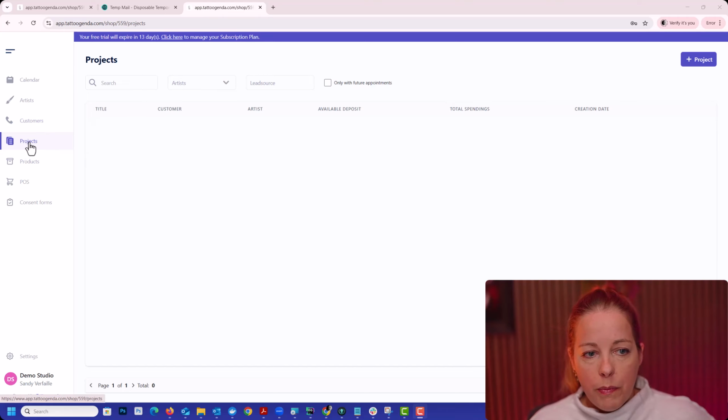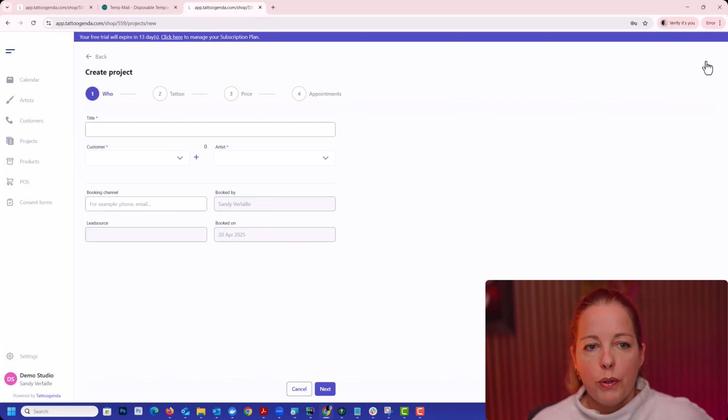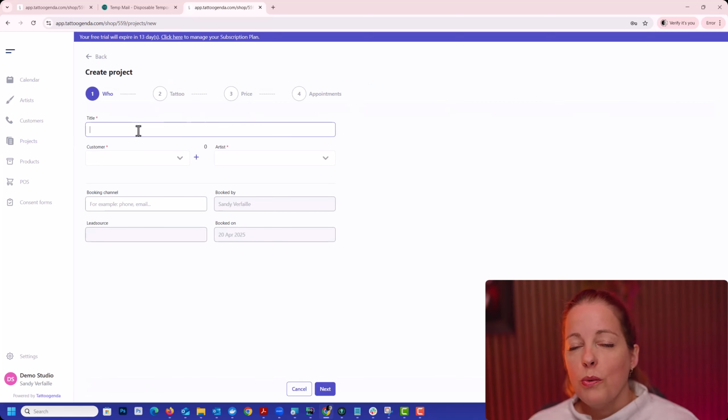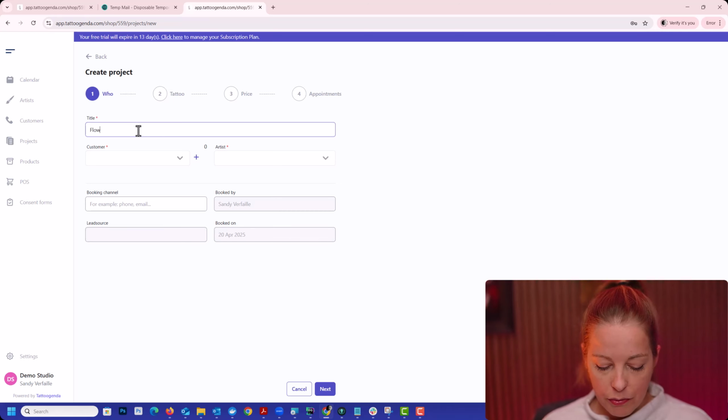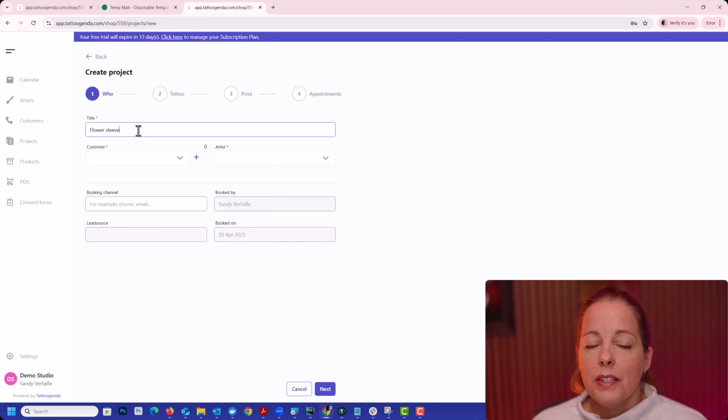In your projects menu item, you click on plus project. First step. Your project always has a title. I'm going to give you an example: flower sleeve. This title is a field that will be displayed in the email to your customers. So your customer will read this title. Don't write in your title something like, the weird customer with the blue hat. No, because they're going to read this. Also, title is the only thing they're going to read. So after the title, you can fill out anything you want. That will always be private and never visible to your customer.